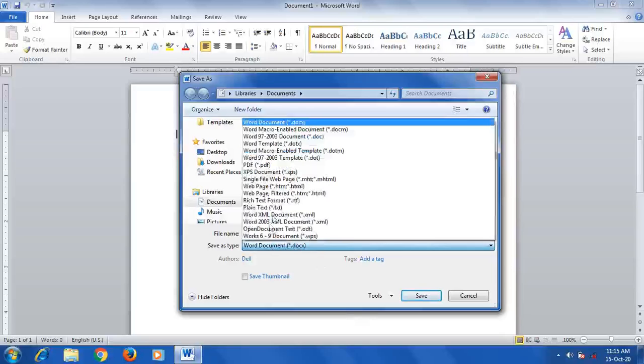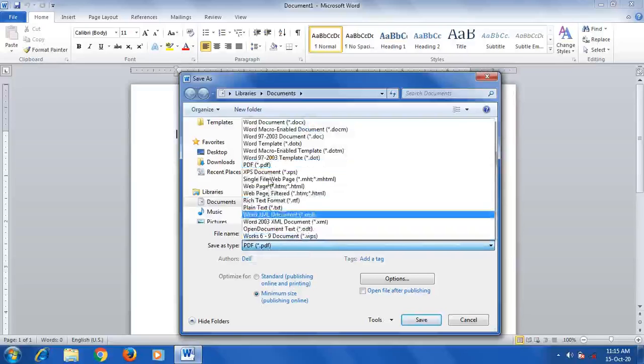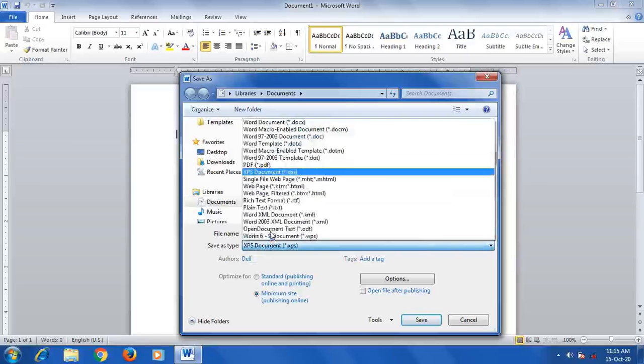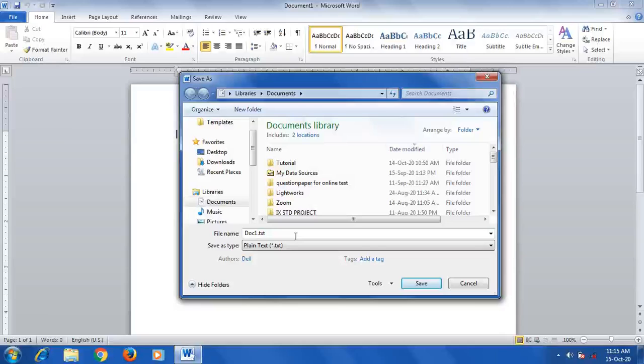In the same way, when we choose PDF, it shows .pdf. When we choose XPS, it shows .xps. And .txt means Notepad format. In this way you can see the extension of those files. So this is all about saving a file.